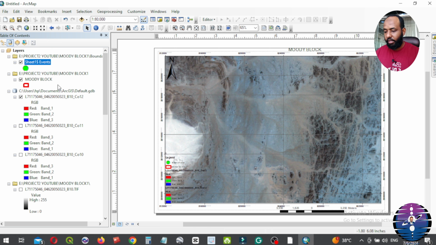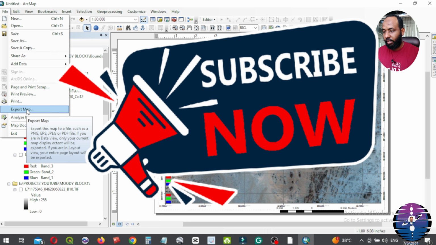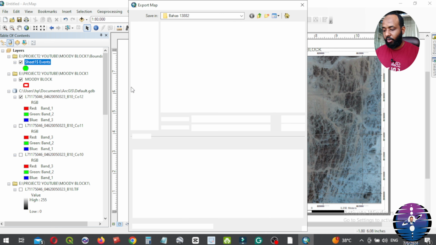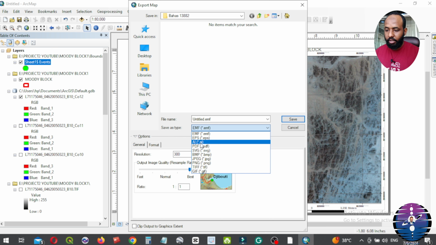Then we can print the map directly from here, print, or export map in the required format such as TIFF, GPG, PNG, JPEG, BMP, PDF. Select our folder and press, for example, desktop.